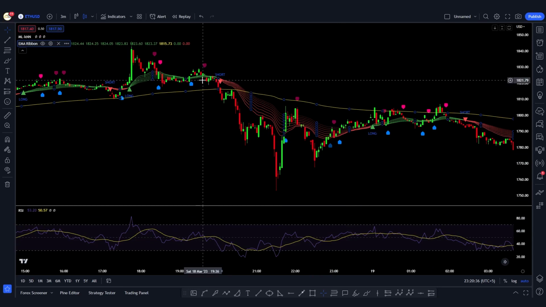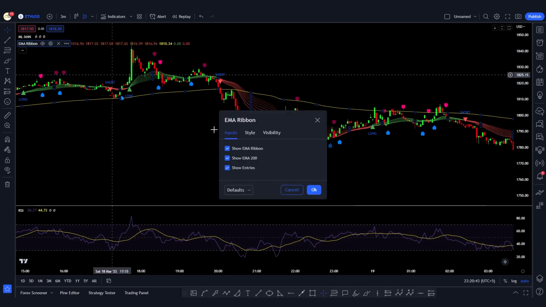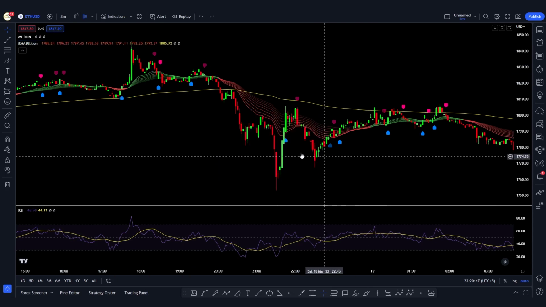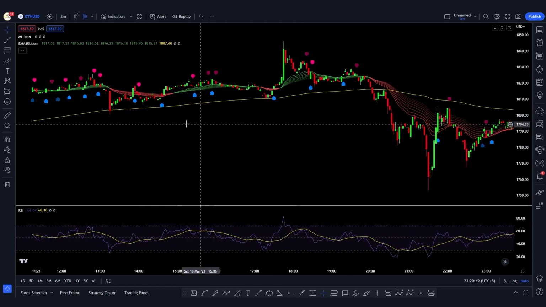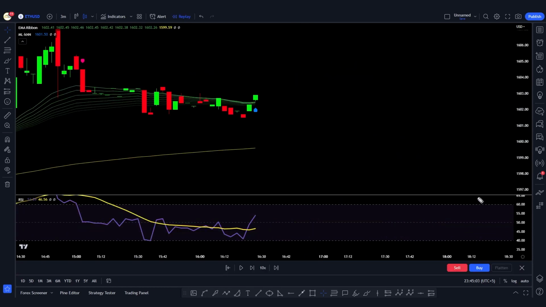But since we already have a buy and sell signal indicator, that is our machine learning indicator, we're going to go to the EMA ribbon indicator settings, and here we're going to disable the entries. So once we do that, you will see that the RSI ribbon indicator is no longer giving us the buy and sell signals. Now that the indicators have been set up and modified, let's talk about the trading rules for